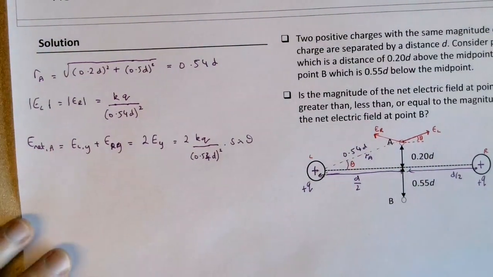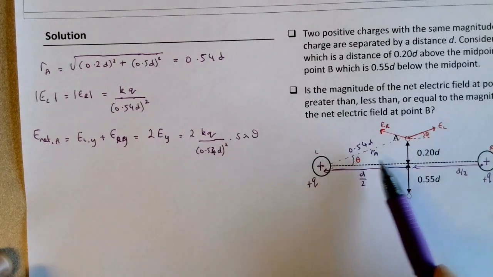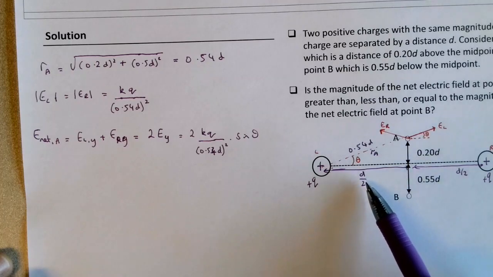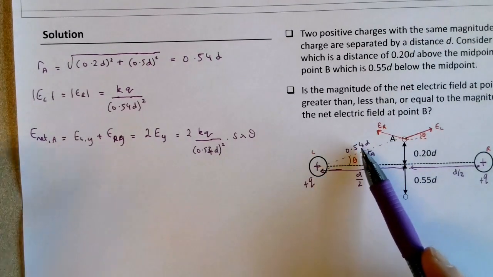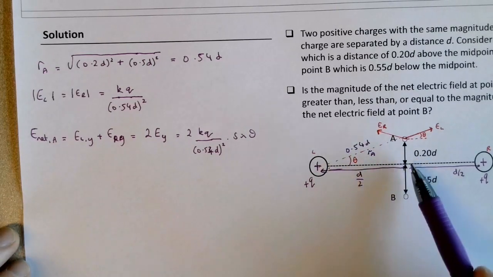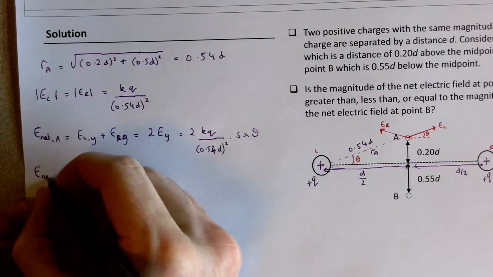So I'm trying to find the y component. Now theta will be given as tan inverse of 0.2 over 0.5D. Or you could also use one of the other trig functions now that you have the hypotenuse, but since I know these exactly, these are 0.2 and 0.5, I'll use tan. So the E net at point A,